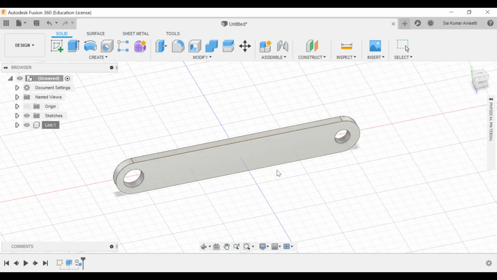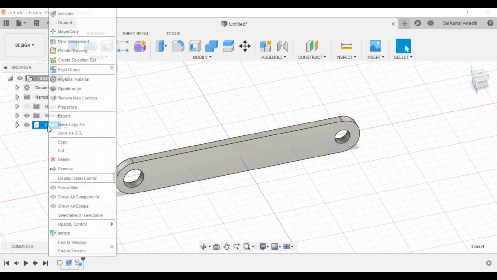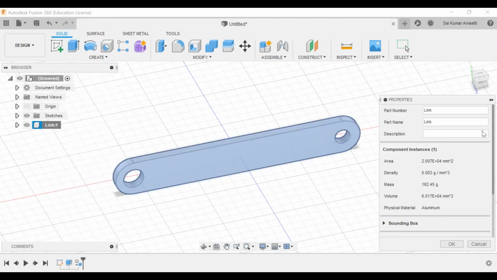So how do I see whether my material is assigned or not? Let's open my link. Just give a right click and go to properties. As soon as you open your properties, you are able to see the area and your density.